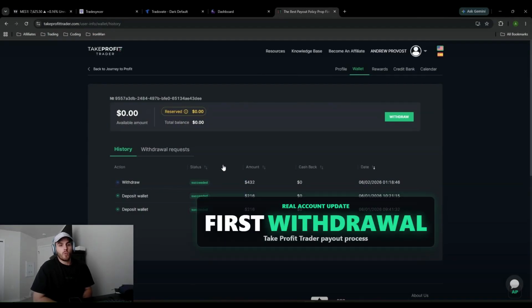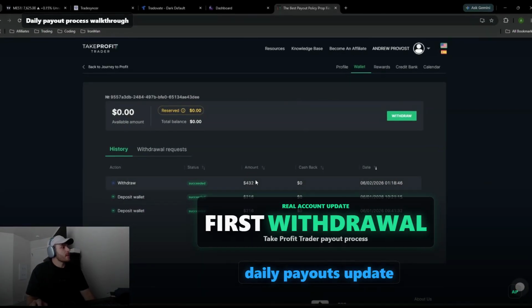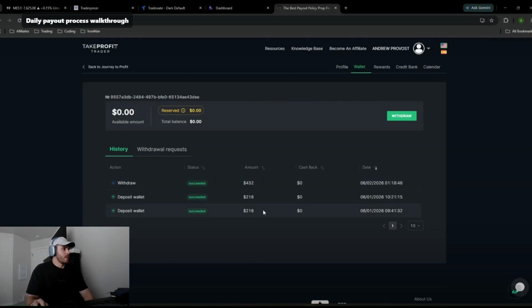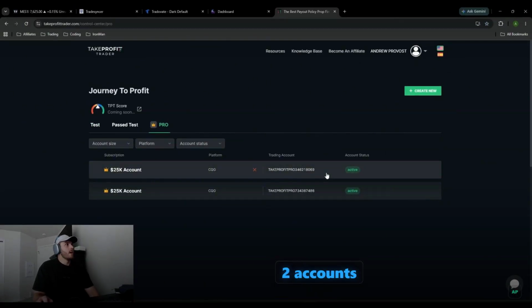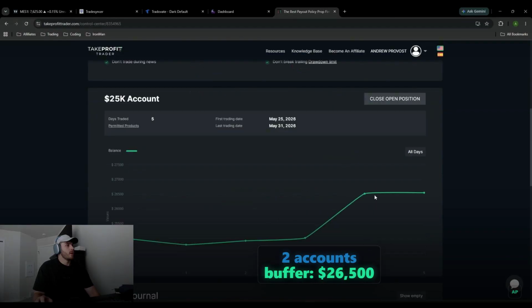I did my first withdrawal on Take Profit Trader. I'm really excited. Look at these daily payouts. And as you can see, let's do the process really quick. I got two accounts here, right? They're both right above my buffer, which is